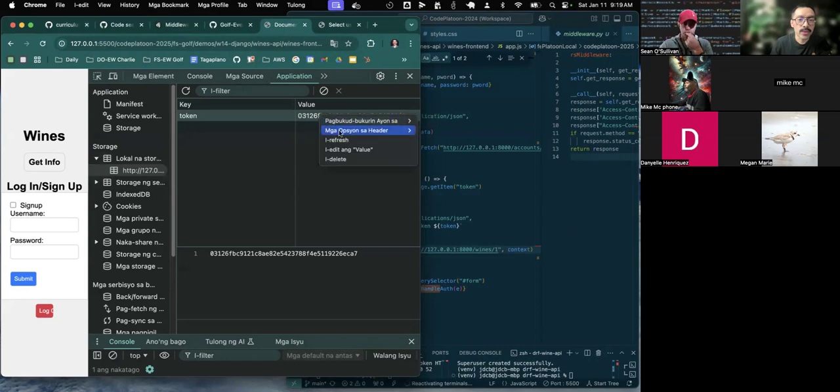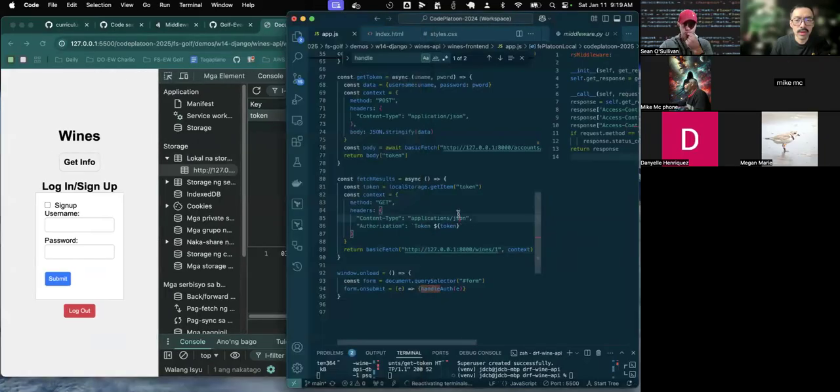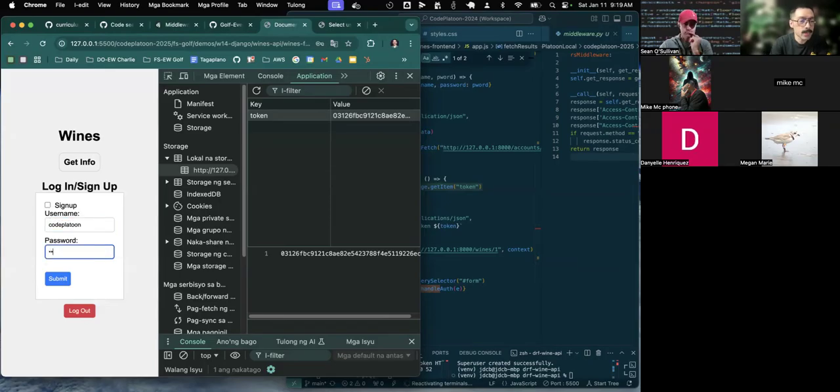We've got our token. This should still work. So I'm going to copy this value. And actually, no, I don't need to do that because it's just going to grab it. Our token's going to be grabbed from local storage. So if I sign in with my Platoon user again, and I submit,